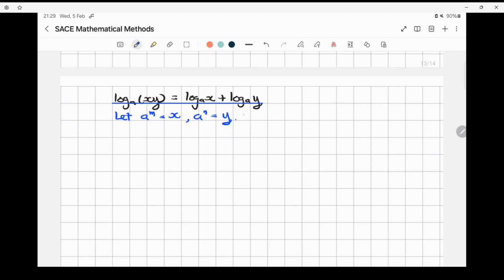So by definition, I would have log base a of x equals m, log base a of y equals n. And then from this particular index law,